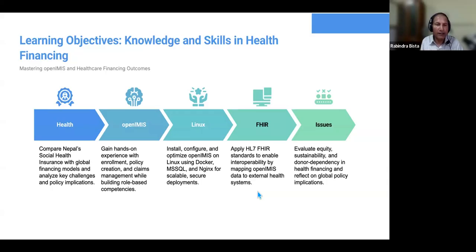openIMIS gains hands-on experience with enrollment, policy creation, and claims management while building role-based competencies. And the platform Linux installation, configuration, optimization, openIMIS on Linux using Docker, MS SQL, Nginx for scalable secure deployments. FHIR, as we know, is for interoperability. We'll use it for exchanging data there. And some issues: evaluate equity, sustainability, and donor dependency in health financing, and reflect on global policies